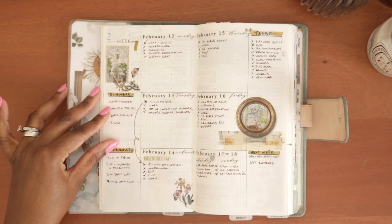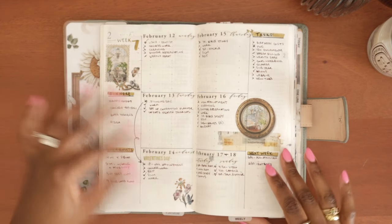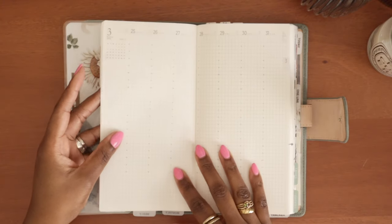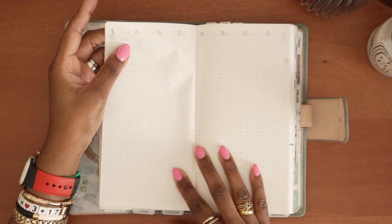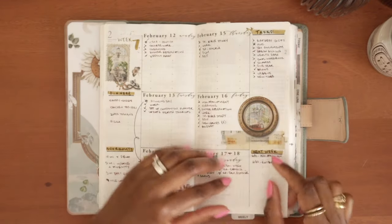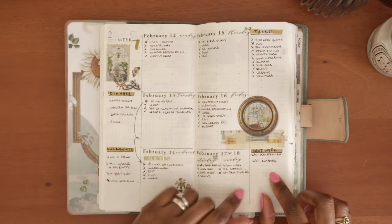Now, usually in my regular daily planning, I don't allow for a next week section, primarily because I already have all the weeks set up. So if I needed a reminder for, let's say, week 13 of the year, I would just put a sticky note here. So I don't typically use a next week section, but this is great for a bullet journal type